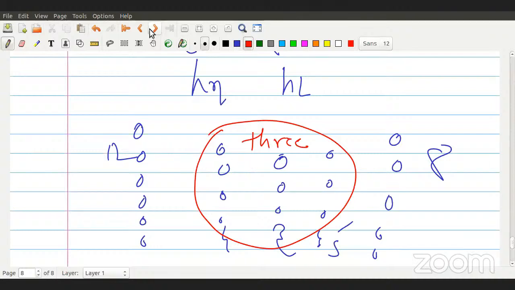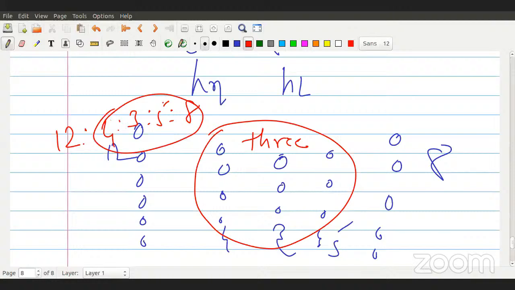So if you use 3 hidden layers, then this architecture becomes 12, 4, 3, 5, 8. So total 4 layers are there, 3 hidden layers and 1 output layer. It is a 4 layer architecture; the input layer is not counted. So this becomes a multi-layer feed-forward network,